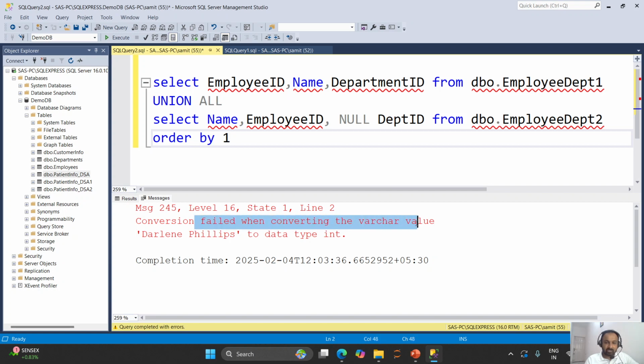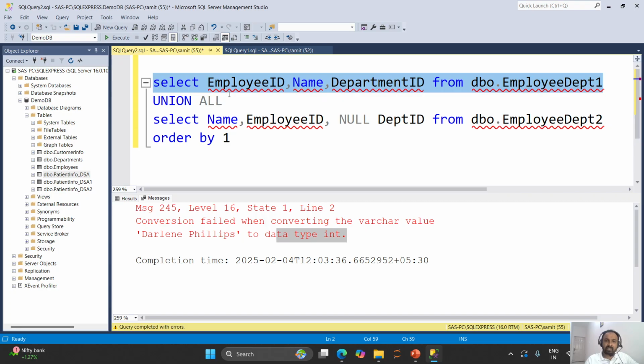Conversion failed when converting the varchar value 'Darlene Phillips' to data type int, because in your first table you have the columns employee ID, name, department. Employee ID is an integer column, we know that. And when you are trying to union, the column mapping to employee ID in the second select is name, right? So name is a string value. You know that you cannot convert a string value into integer, right? So that is why